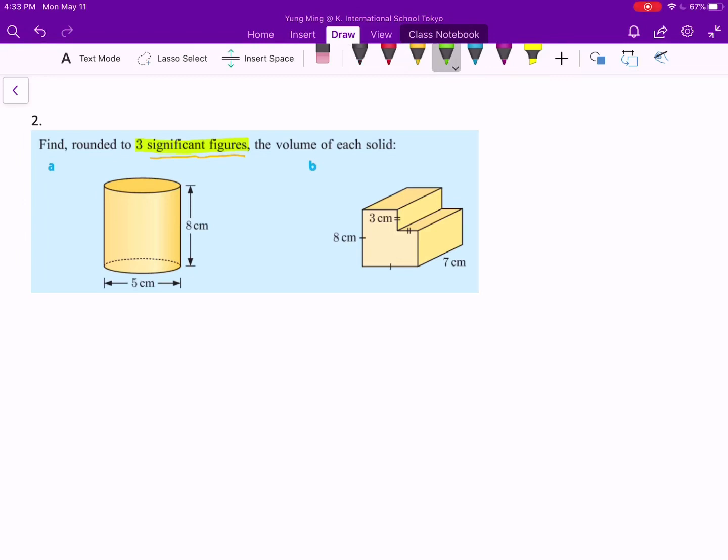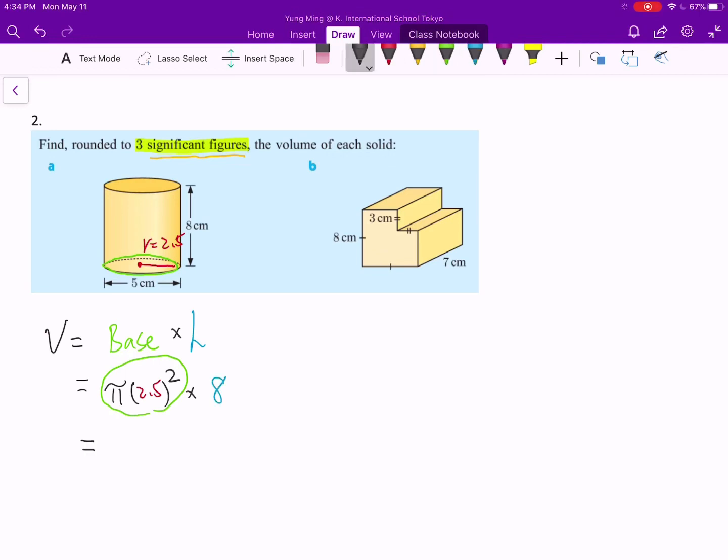Part A. We have our base being the circle. Okay, so we first of all need to find the area of the circle. Notice that they only give us the diameter, so we need to find out the radius. The radius is equal to 2.5. So here's what we're going to do. We know that the volume is equal to the base area times the height. Now the base area is equal to pi r squared. Okay, r is equal to 2.5. Okay, so we're done with our base area. This whole thing over here will give us the base area. And we need to multiply it by 8, which is our h. So we punch everything into our calculator. The answer will be approximately